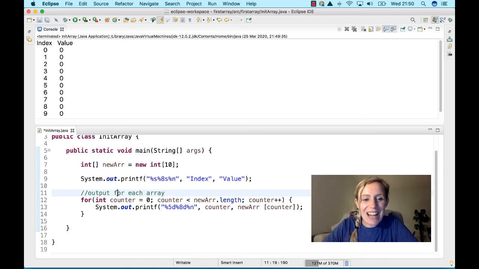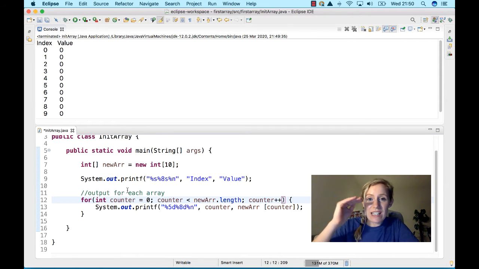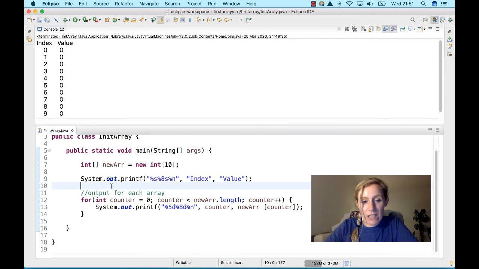So here we have our output for each array. So this is our for loop. All it is doing is iterating through each of the elements. There's another type of for loop as well that does it a little bit more efficiently, but for now we're just going to learn this one. Stick to the traditional. Int counter is equal to 0. As we know from before, I could easily define int counter here and then initialize it here to 0. So I can have int counter here if I wanted to,